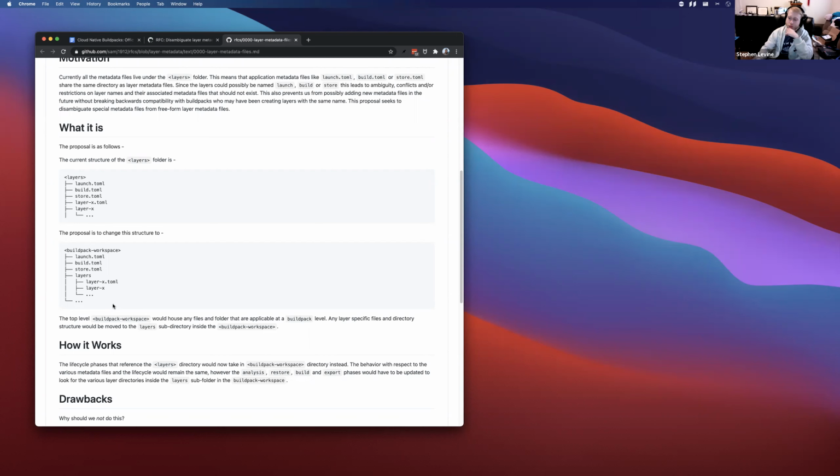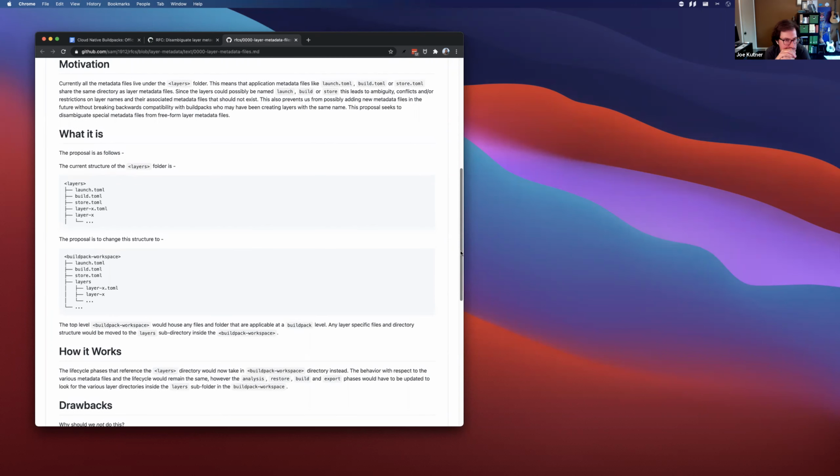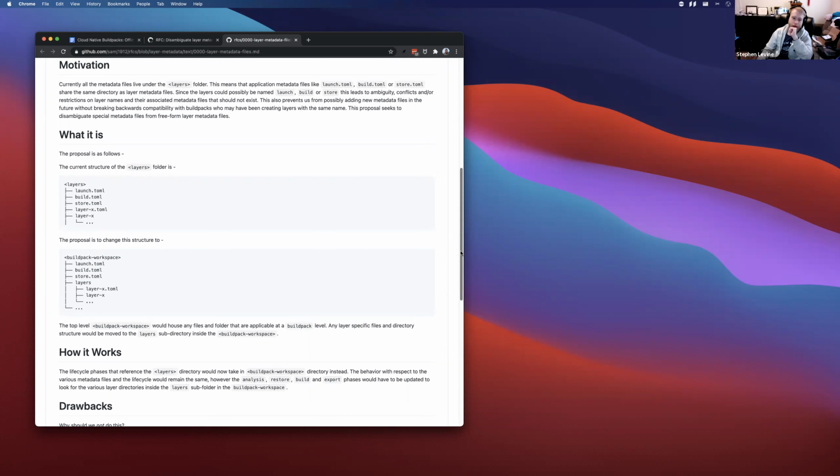This is the original proposal, but instead of moving into the layers dir, what if we just get rid of the args completely? Yeah, okay. And add a new one. I'm worried about making the paths really long. Like already layers and the buildpack ID and the layer name is already kind of a lot.